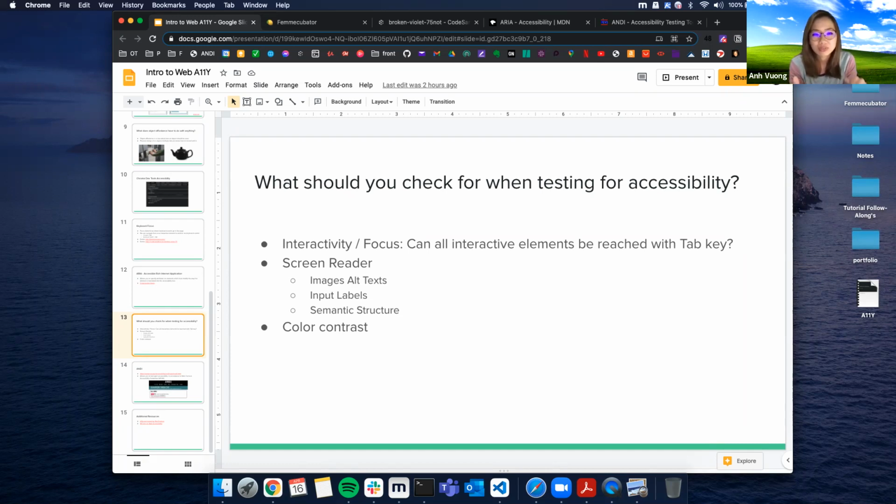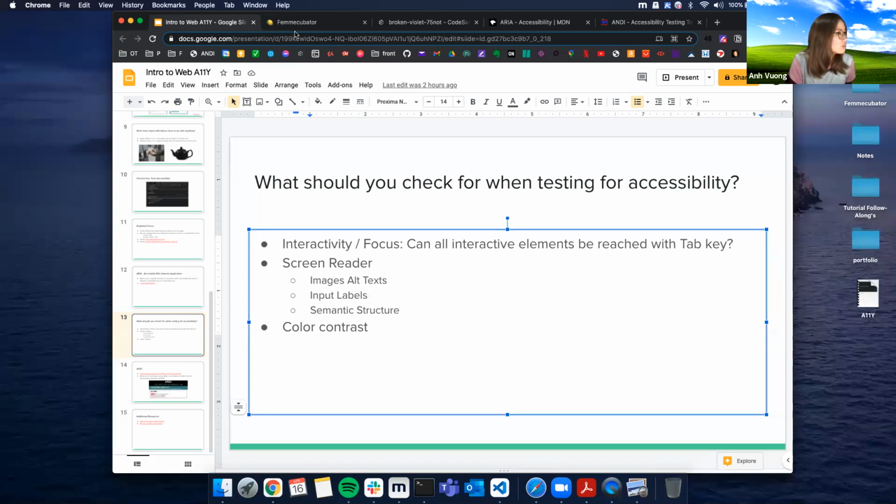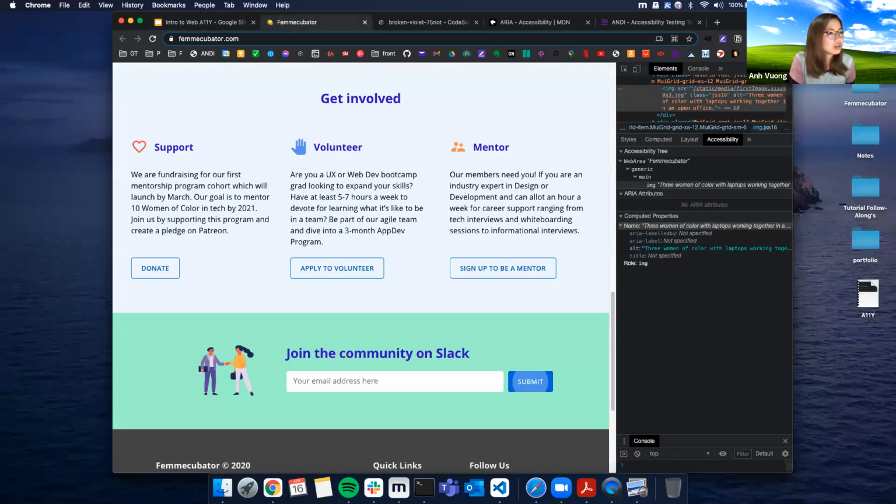If you can tab through everything, that would be a good start. And then you want to go through with the screen reader, making sure that images' alt texts are read, and where you have inputs, that the labels are read, and that there's a semantic structure. And actually what's really cool about VoiceOver on Mac is that